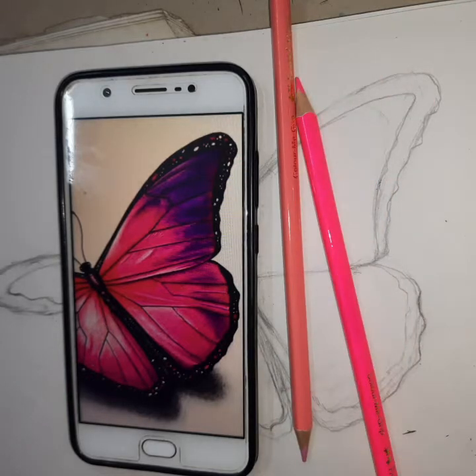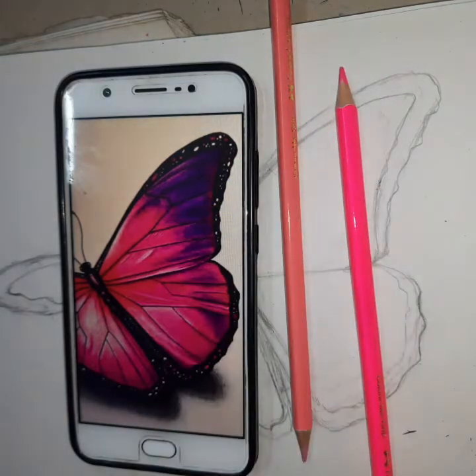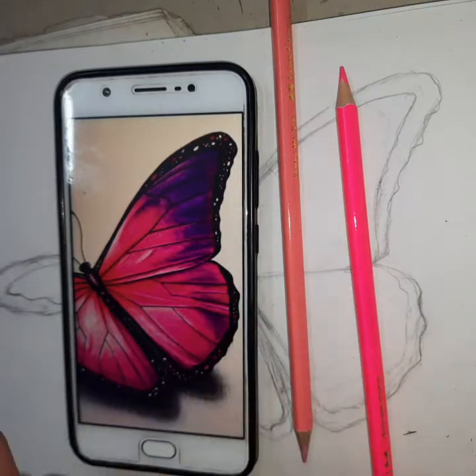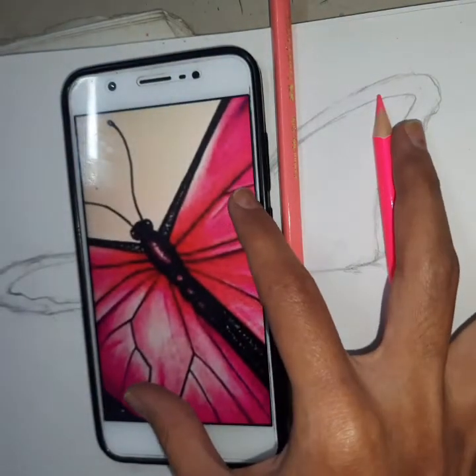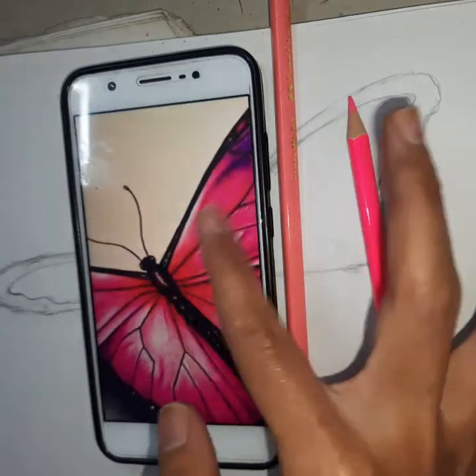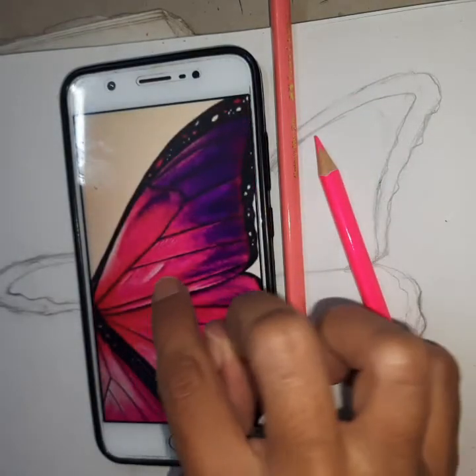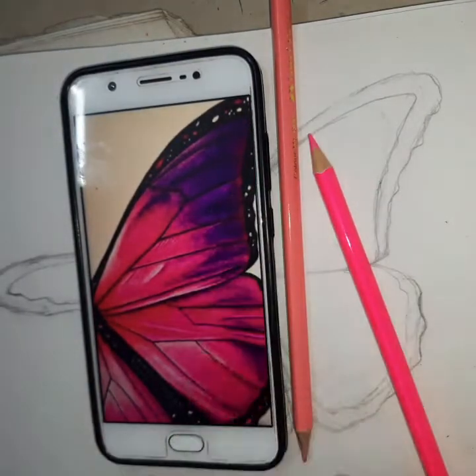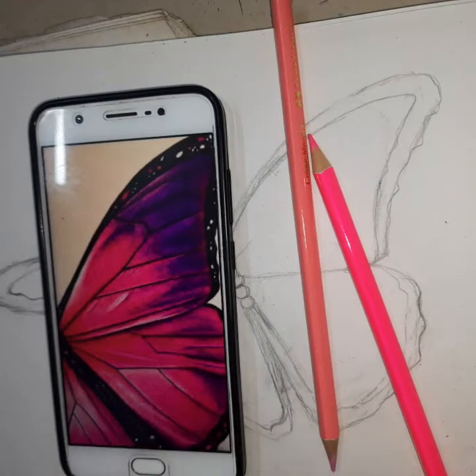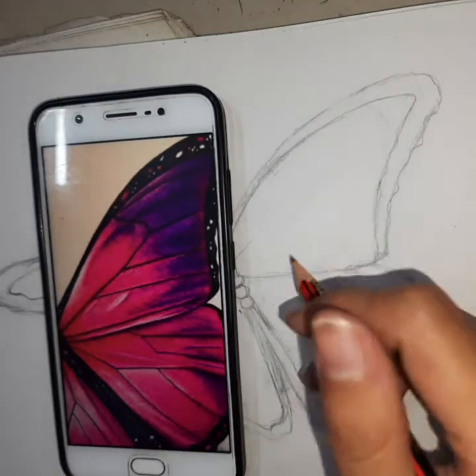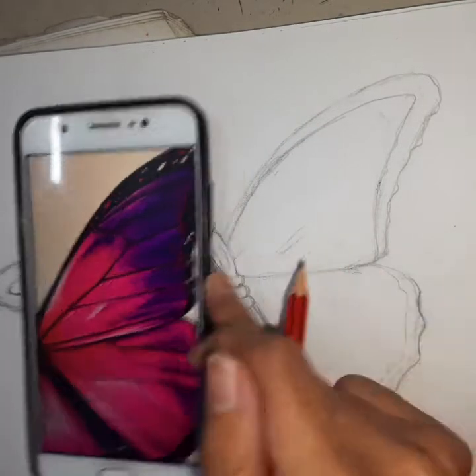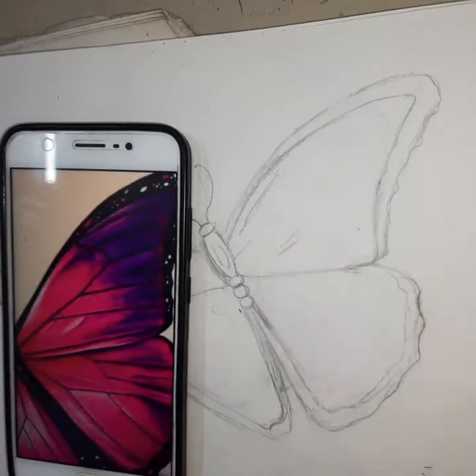If you are going to draw an apple, then the base color of that apple will be either yellow or red, and on that you can do many colors by layering. But we see so many colors because of the lighting effect, those are the tones on it. So the base color is red for that apple. In the same way, it is pink for this butterfly, and on it I am going to do other colors.